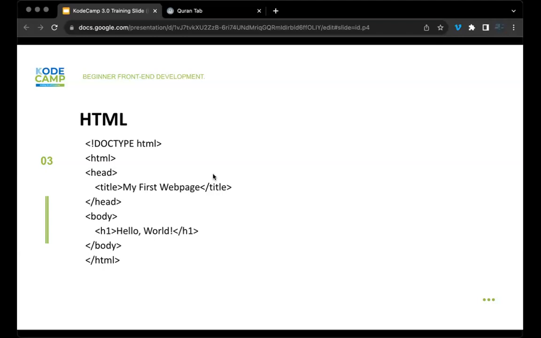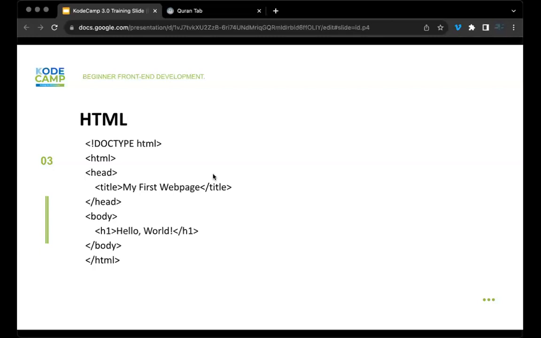So this is the basic structure of an HTML code. We have the document type. This is the declaration of the document type. What type of document are you writing? What type of document are you trying to code? So then it's HTML, like I said, Hypertext Markup Language. Then we have the head, where the description of your page, the title, the thumbnail images, the OG tags are located, in the head